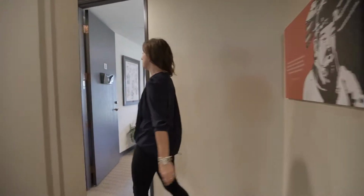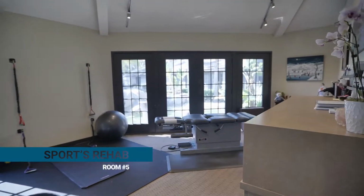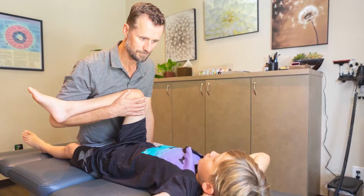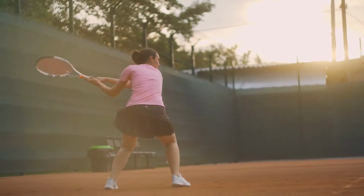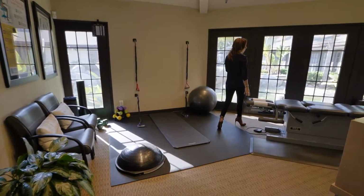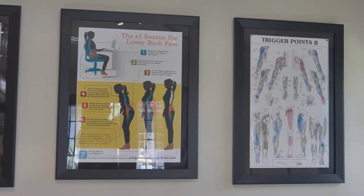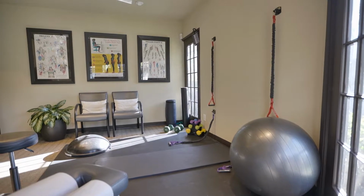And as we come around the corner here, we're going to step into room number 5. And room 5 has been designed more as a sports rehab, custom done treatments for our doctors and for our patients. Any individual exercise, whether that's a little kid performing in sports in school, or an adult who's playing golf or tennis, wanting to take their game to the next level. Oftentimes, we come into a chiropractic room and we lay down on the table, but most of our life's not spent laying down on a table. We're up and moving and functioning. So this room really helps you with your posture, the way you're walking, moving, and the doctors really put together a plan for you so that every day when you get up, you're stretching, moving,